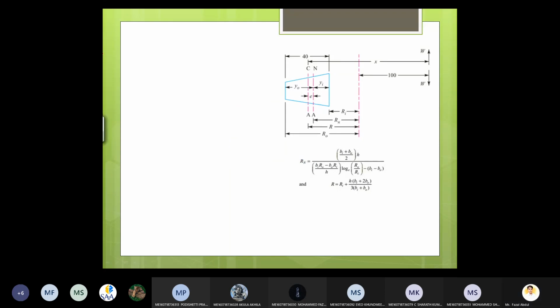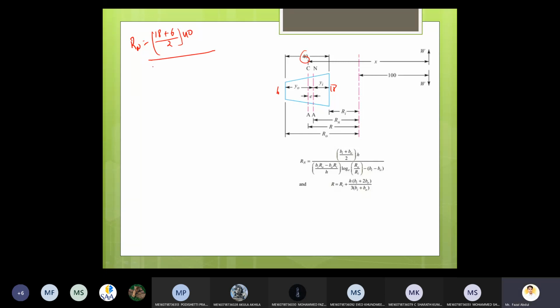Now Rn. The first one, what is the Bi? Bi is the inner surface width that is given in the question, 18, plus B naught, outer surface, 6. This is the 18, this is the 6, this is the 40. Question is given. 18 plus 6 by 2 into H. H value how much is given? 40 by 2, by